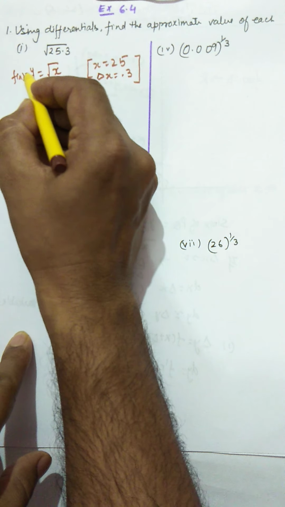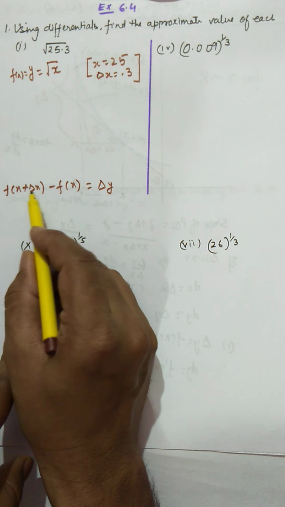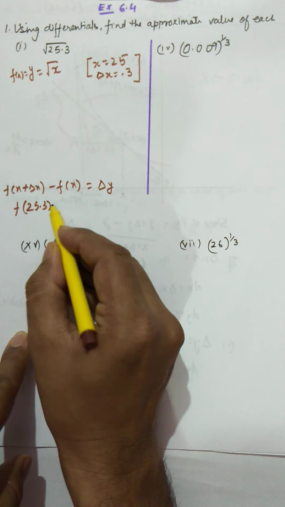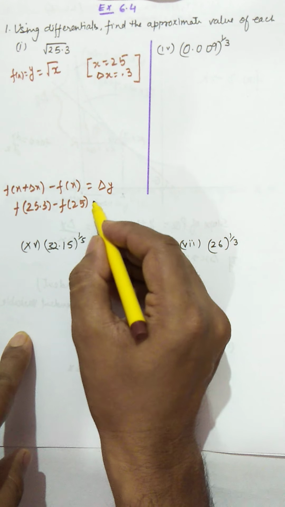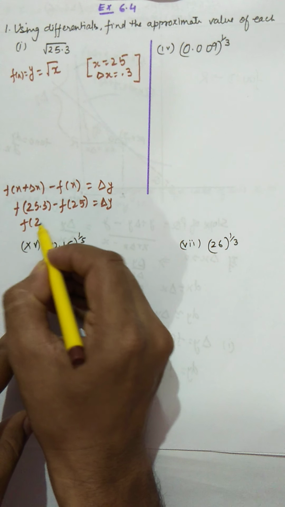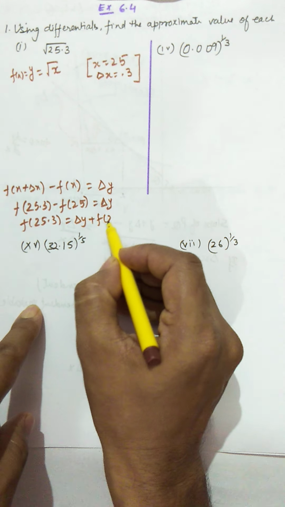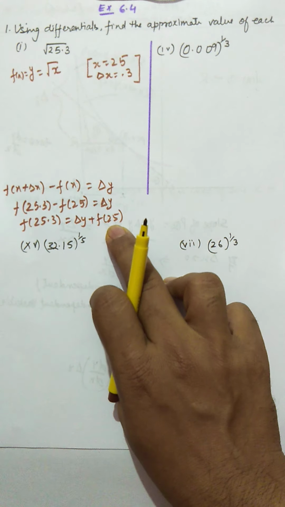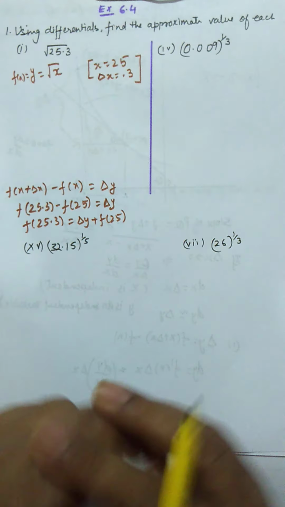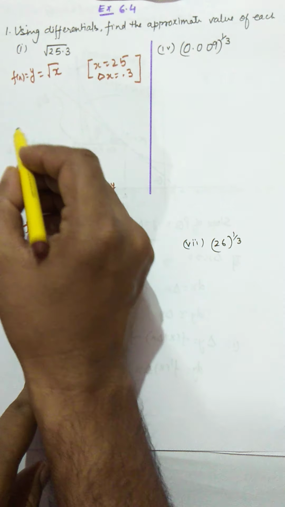I have to find f(x + Δx). You can see this is going to be 25.3 minus 25, and this is going to be Δy. So your f(25.3) will be equal to Δy plus f(25). So I just need to find Δy and f(25). f(25) will be 5. So we find Δy, and we know that Δy can be written as